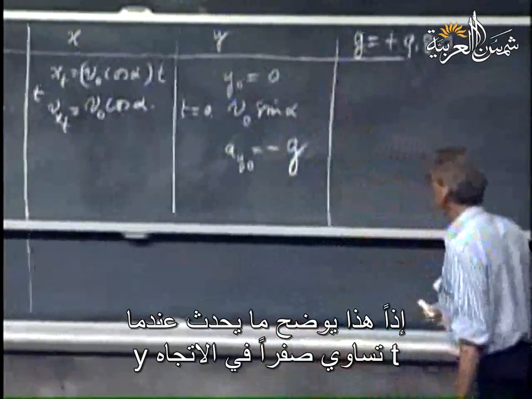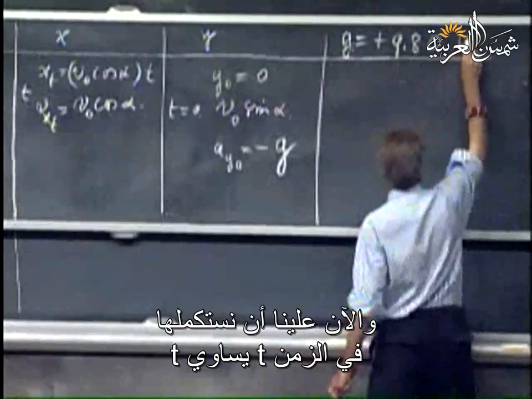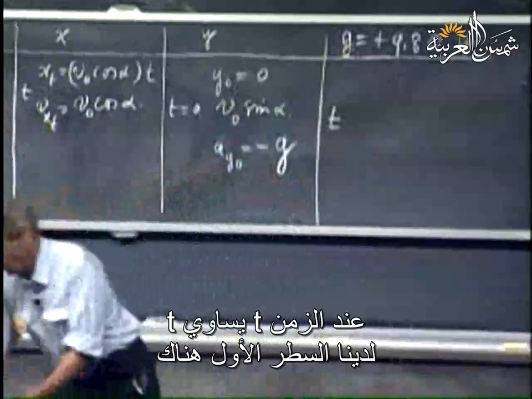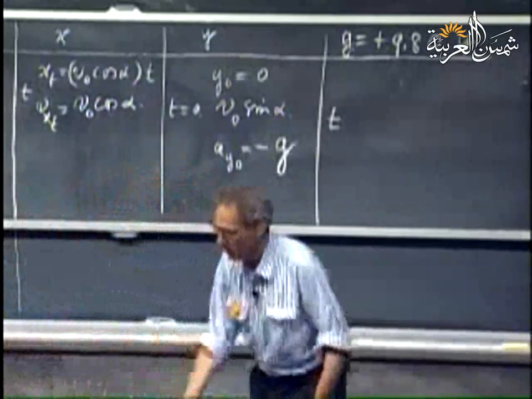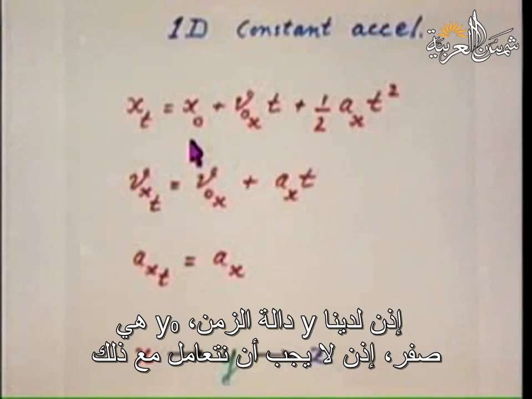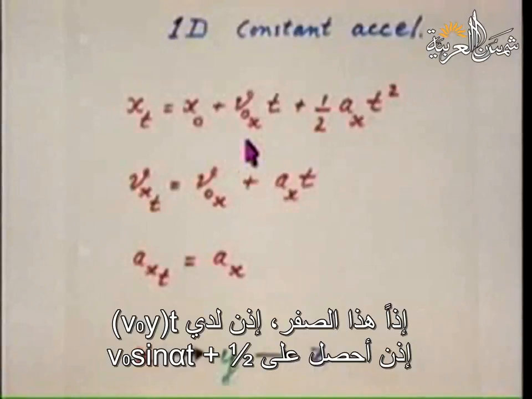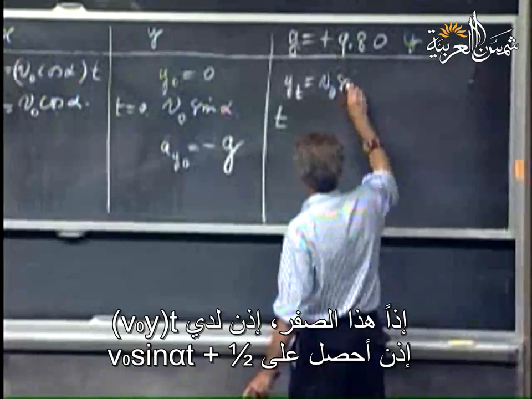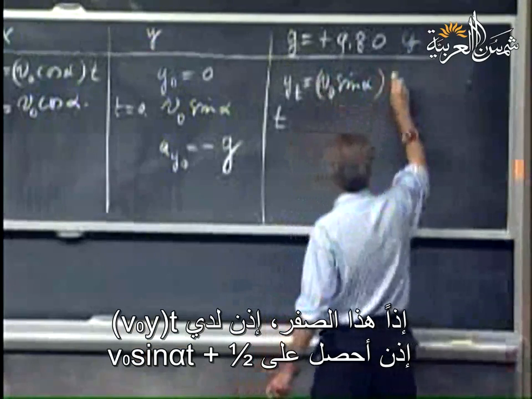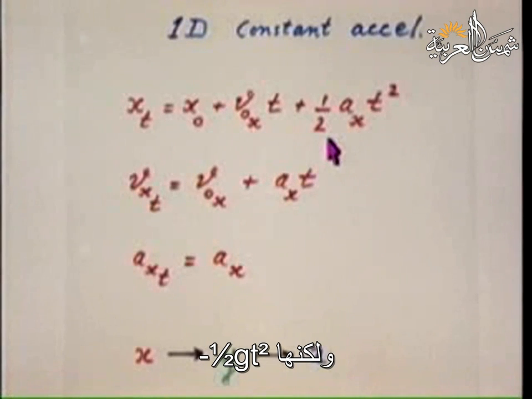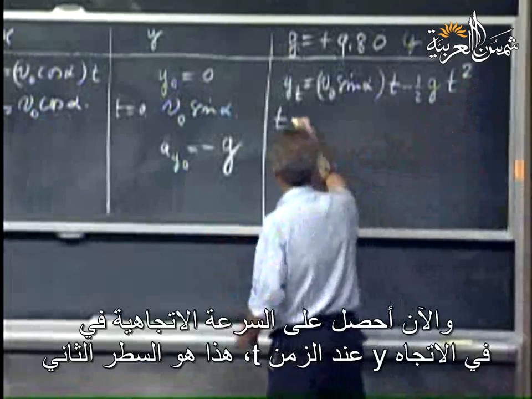So that tells the story at t equals 0 in the y direction, and now we have to complete it at time t equals t. At time t, we have the first line there, y0 is 0, so we have y as a function of time, and we don't have to work with that. So I get v0y times t, so I get v0 sine alpha times t, plus 1/2, but it is minus 1/2 gt squared,